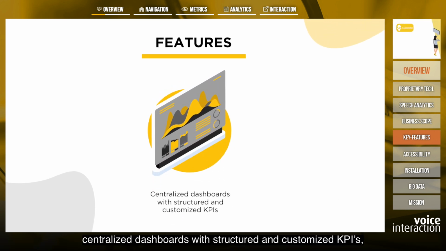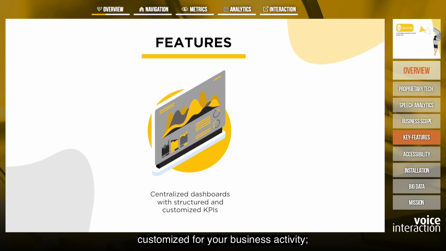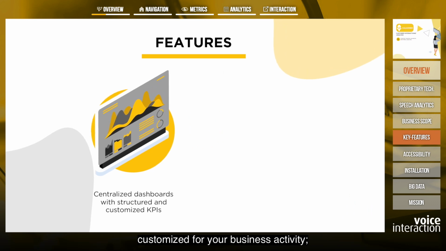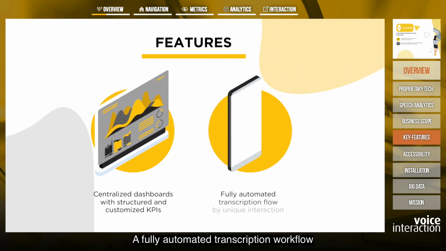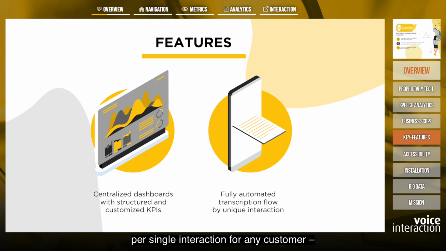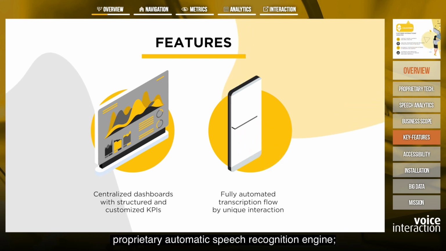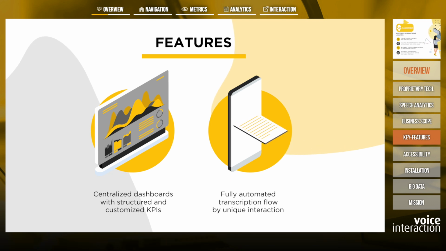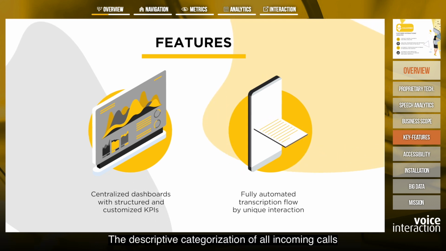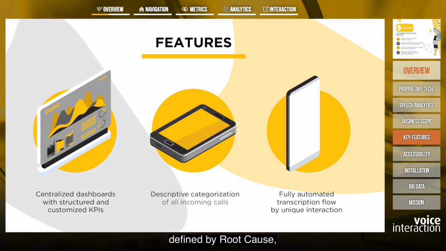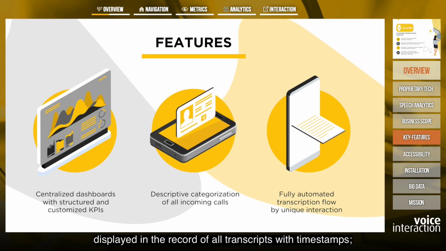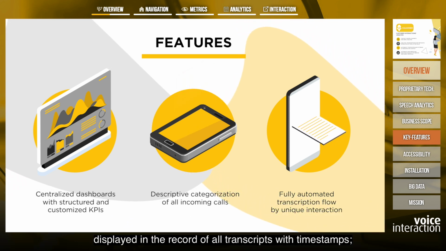Centralized dashboards with structured KPIs customized for your business activity. A fully automated transcription workflow per single interaction for any customer, performed through VoiceInteraction's proprietary automatic speech recognition engine. The descriptive categorization of all incoming calls defined by root cause, displayed in the record of all transcripts with timestamps.